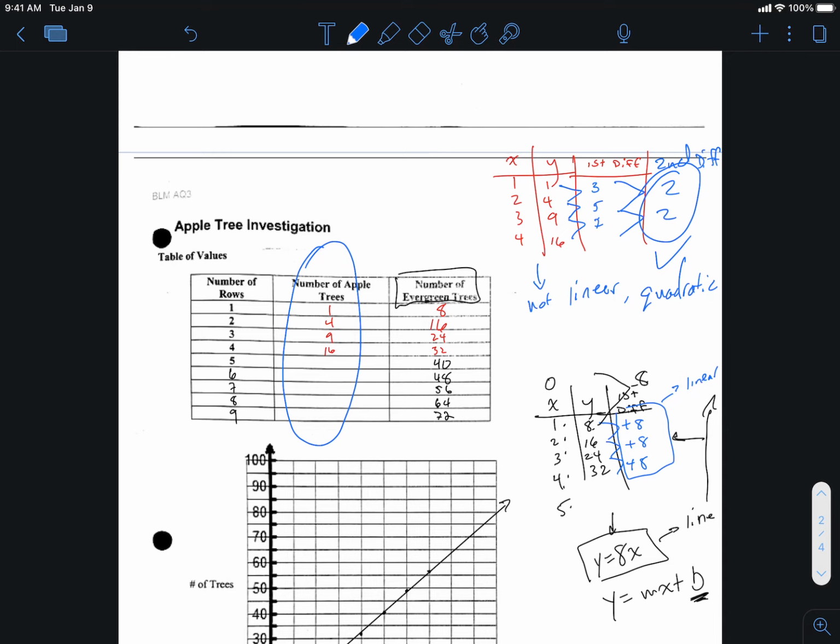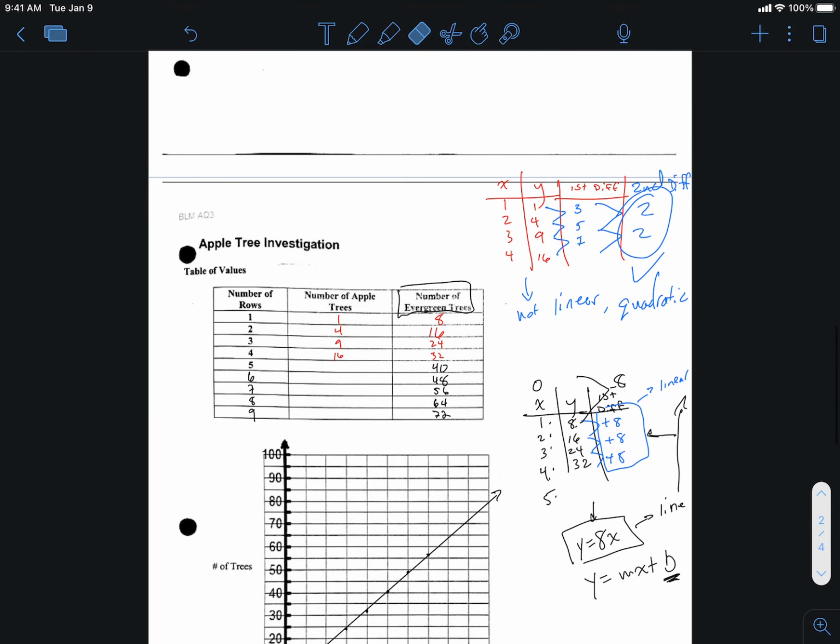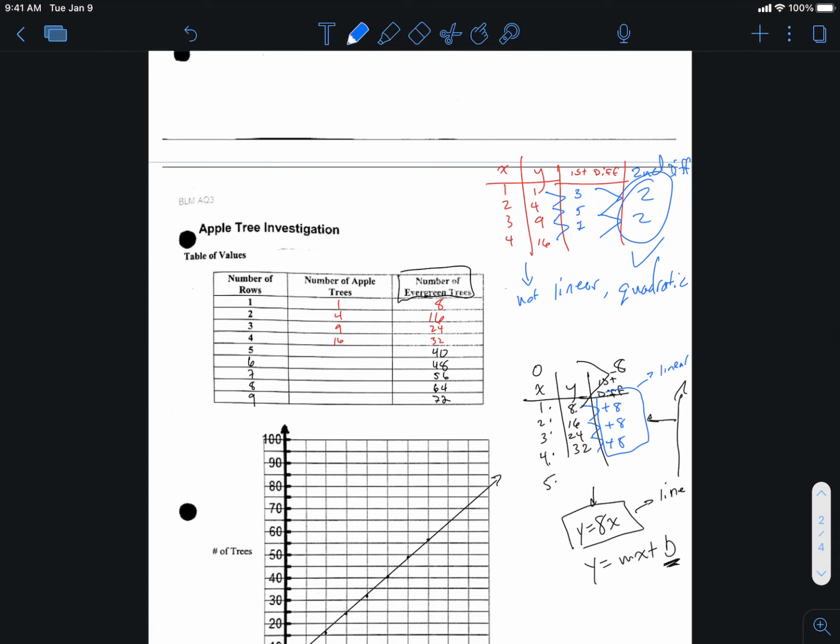So our job now is going to be to figure out the rest of these values so that I could plot the points and see what's happening. Well, we need to find a relationship from here to here. So how do I get from 1 to 1? Well, that's kind of an easy one. But from 2 to 4,